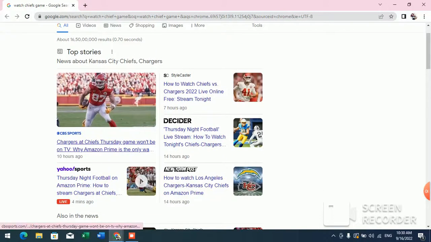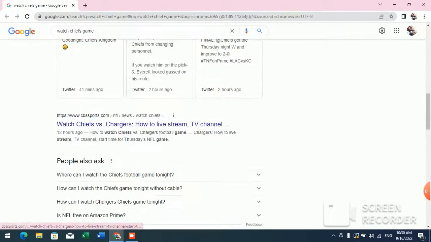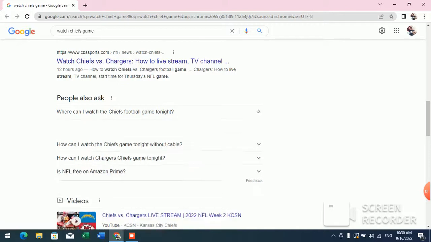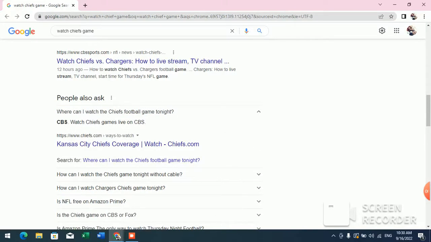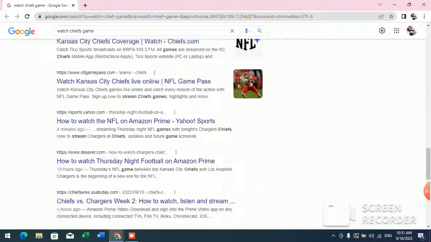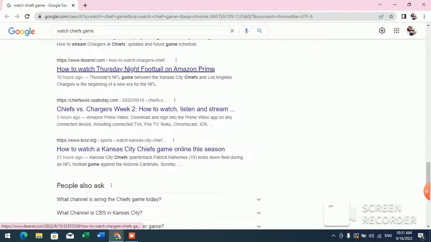And now here you will see many options. Now what you have to do is just click on this, watch Chiefs versus Chargers game live, and here you will see where I can watch. Here you will see CBS is the channel on which you can watch the live Chiefs versus Chargers game, but here is a website on which you can easily watch